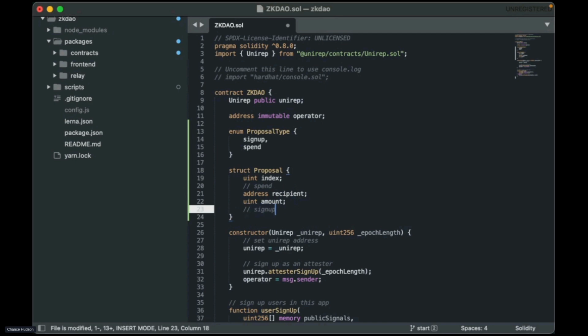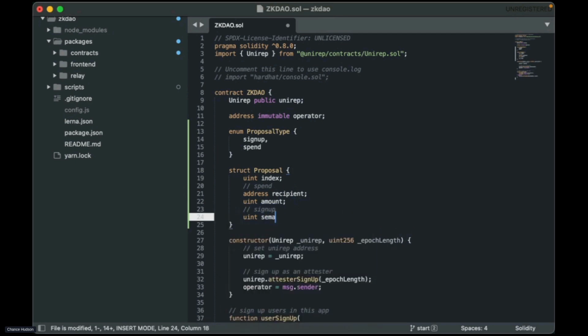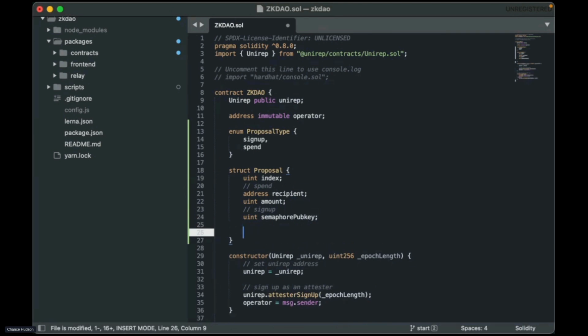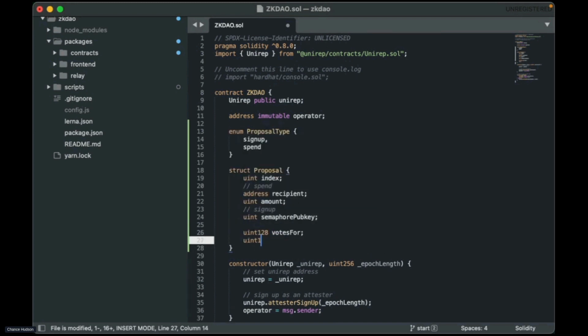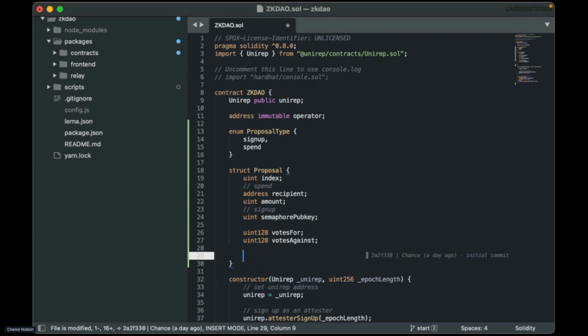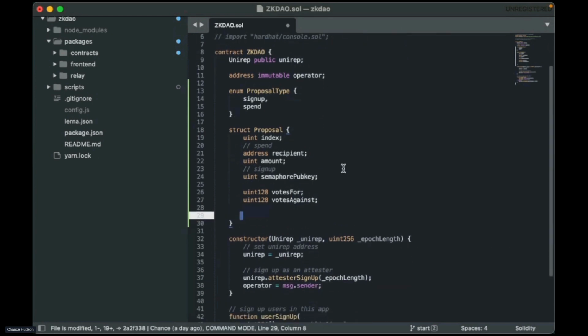And then for signup, we're going to have a semaphore public key. Okay, what else do we need? We need votes. So we use uint128 for votes for, votes against.